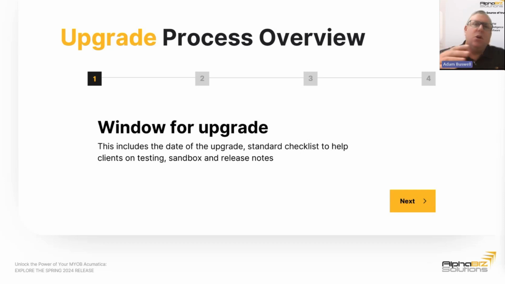MYOB don't want us to defer too often, but if there's going to be implications where it could be a really busy period for you and the upgrade isn't going to be the most appropriate at that time, we can sometimes ask to defer the upgrade schedule to a later date to avoid peak periods and so on.